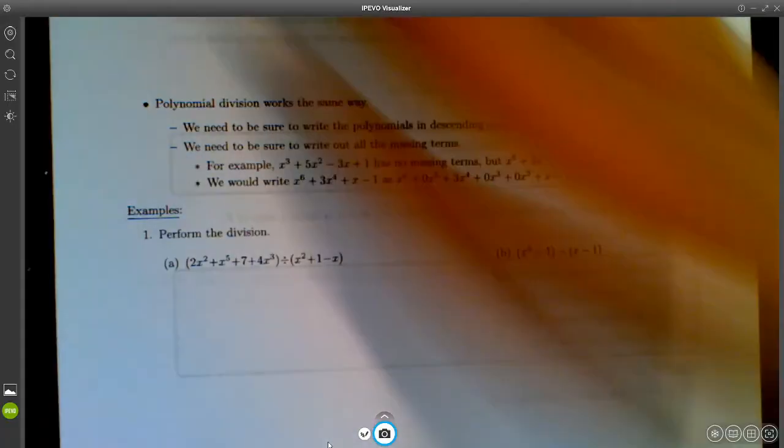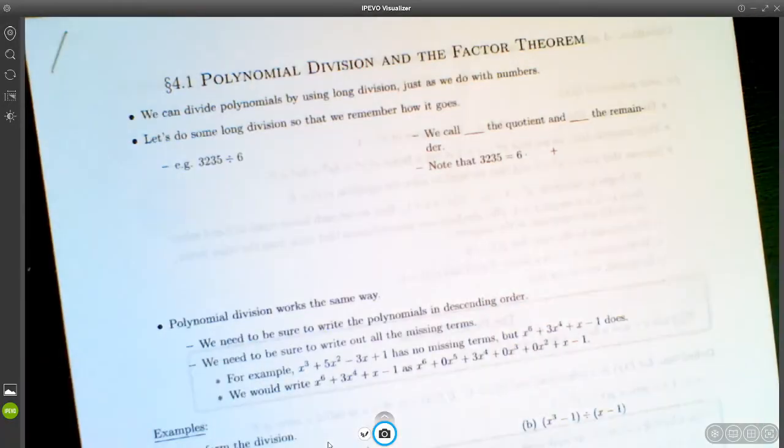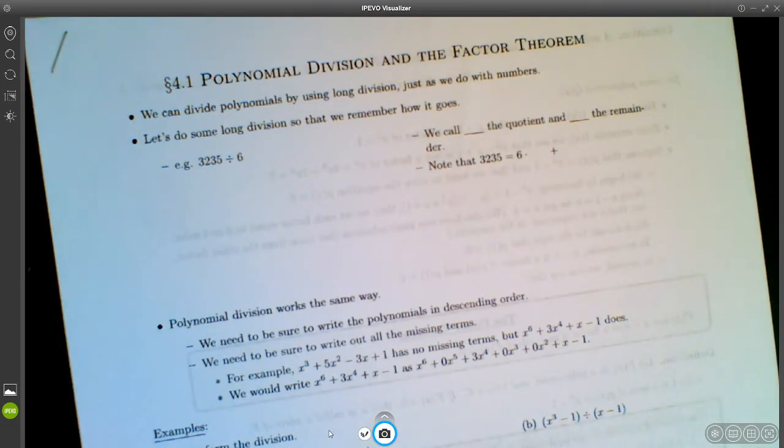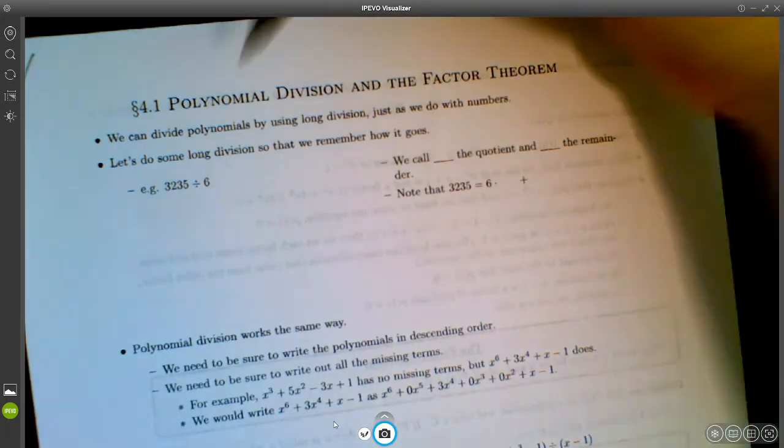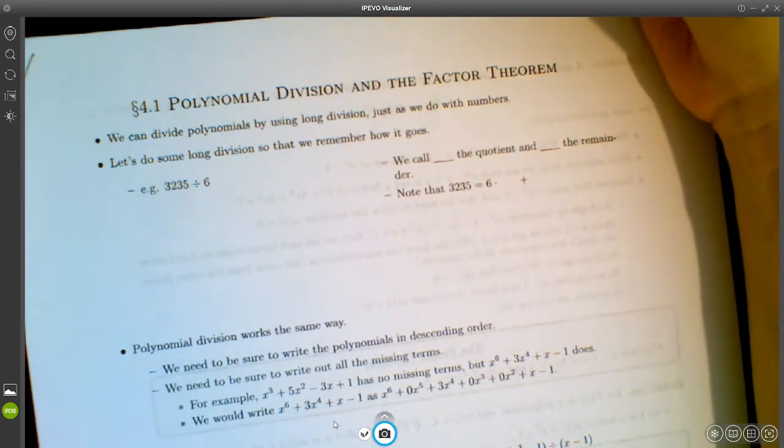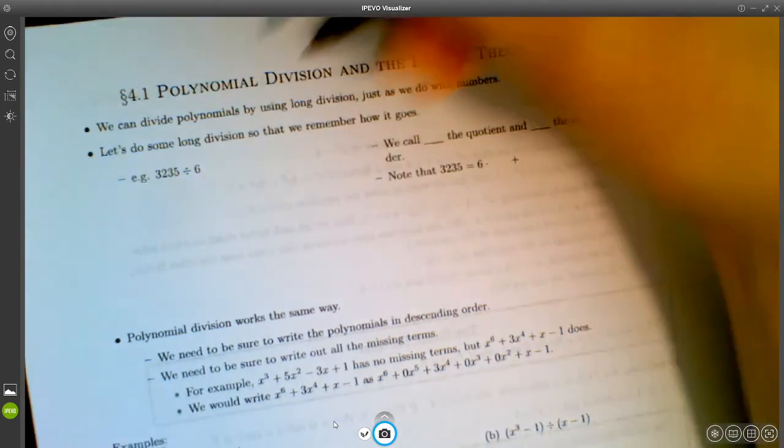All right, so let's talk about 4.1, all about polynomial division and the factor theorem. So let's get to it. We can divide polynomials by using long division just like we do with numbers, and let's remind ourselves how that